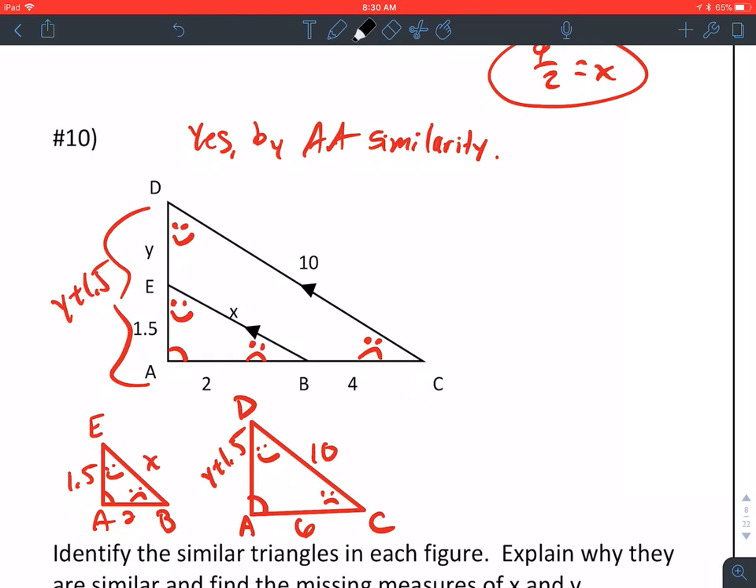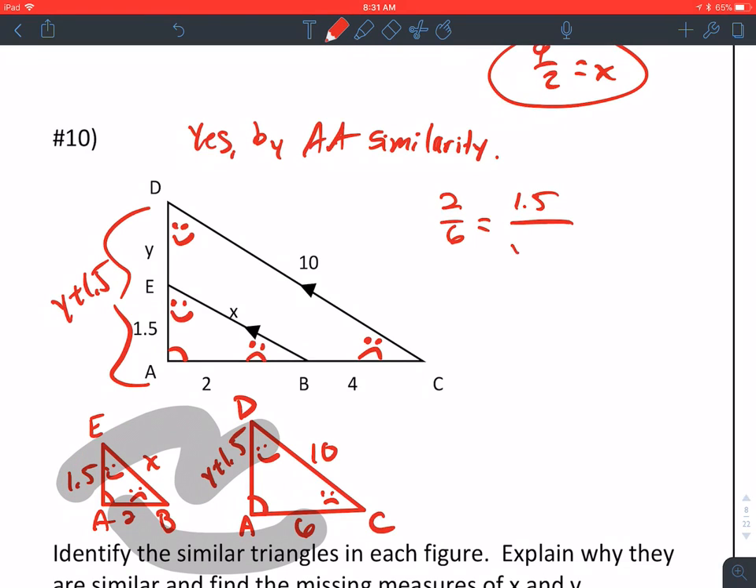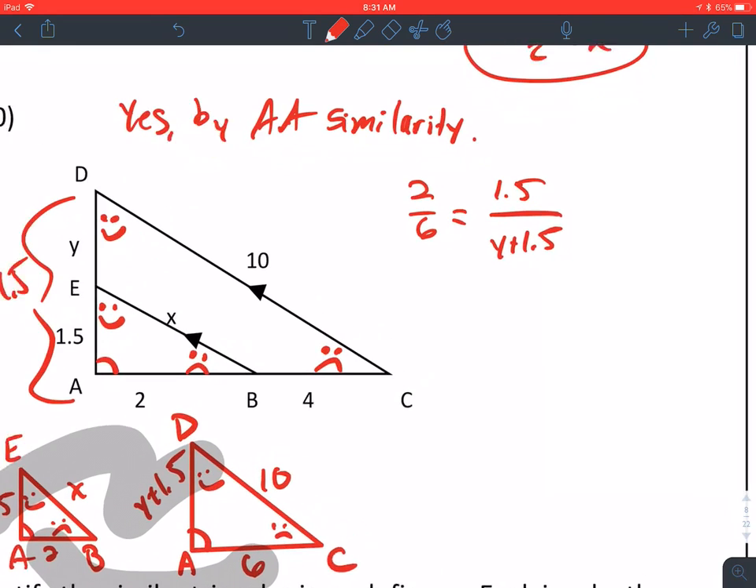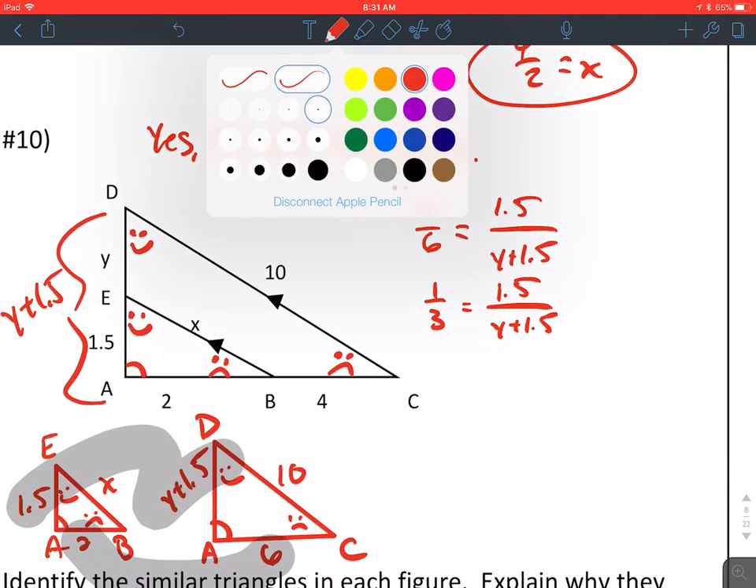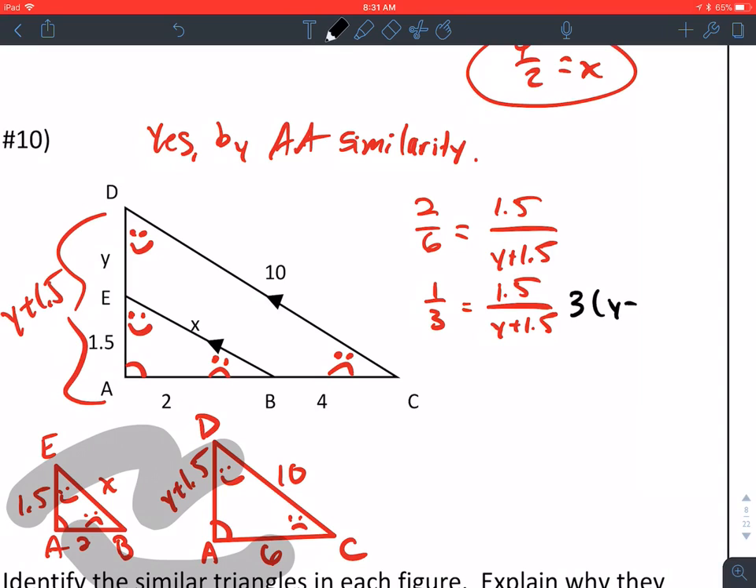To compare two sides, the numbers would be 2 to 6, which is 1/3. That should be equal to 1.5 to y plus 1.5. If I reduce 2 over 6, I'm going to get 1/3. If I multiply both sides by 3 and y plus 1.5,